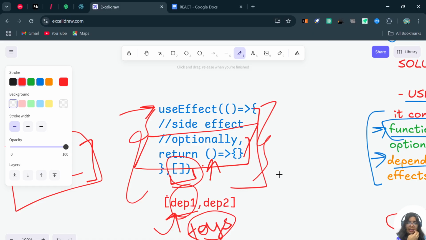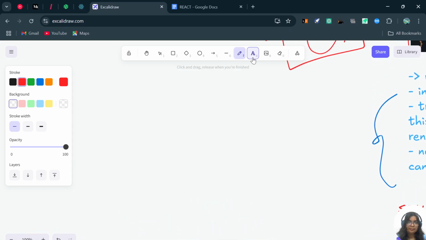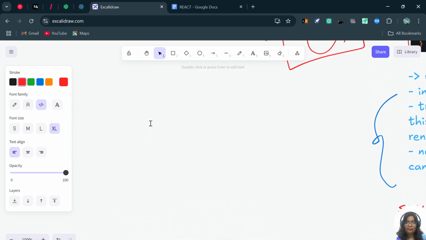Generally we do not write cleanup functions, but when do we write them? These are written, for example, with setTimeout, if we have a setTimeout in our useEffect,